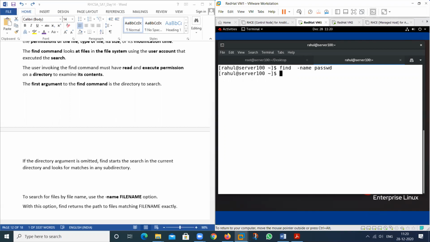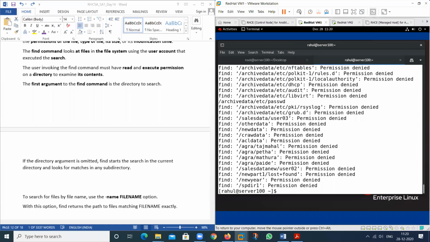But if I am using the locate command, there is no need to give the location where you want to search. So in the find command, we should provide the location where you want to search that particular file. Suppose I don't know the location, we can provide the slash location. It means search this particular result in this directory.